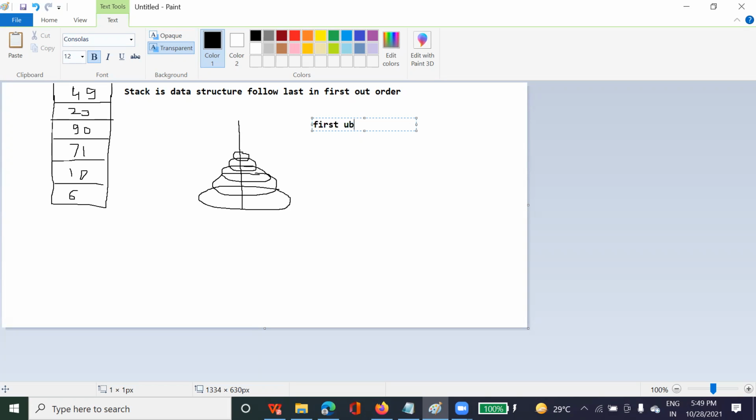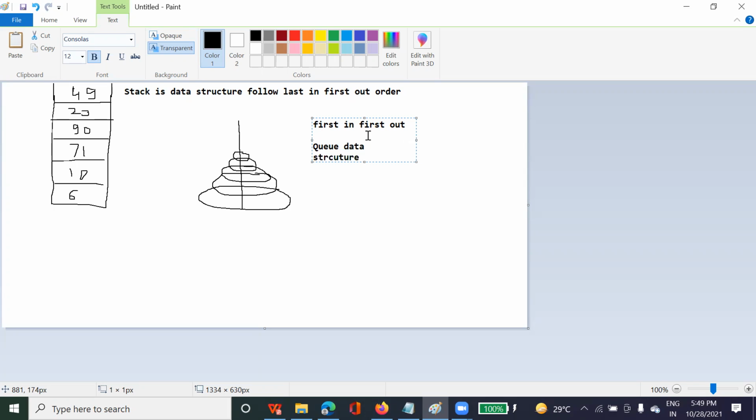Queue orders elements so that whoever enters first is removed first, just like a queue. If you ever went to the railway station to book a ticket, you might have seen that those who are first are served first, because their turn comes first. That is called the queue data structure.